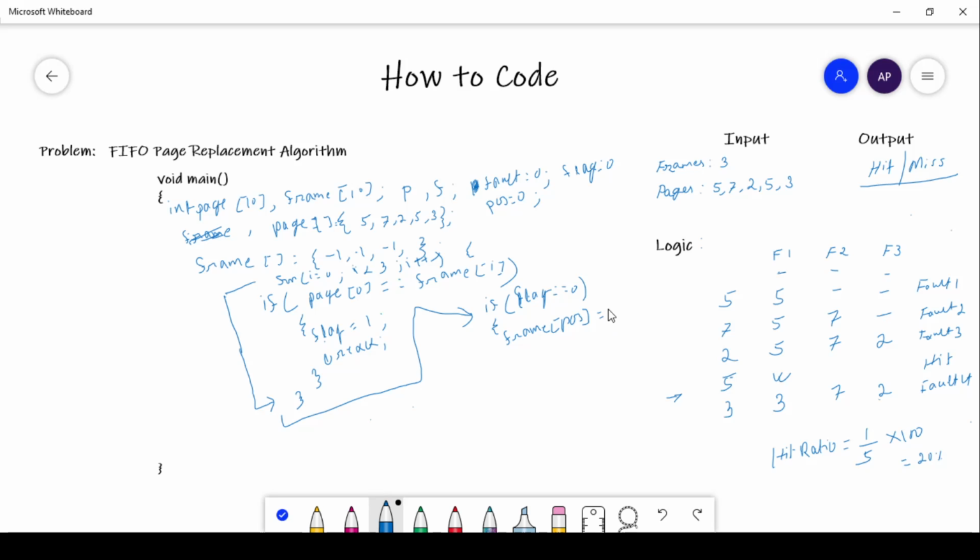Next, page I, that means the first page. Right now in this example, 5 is the first page. You can use page 0 also here. But we have to do it for all the pages, so one index value will be there, and that will traverse all the pages.